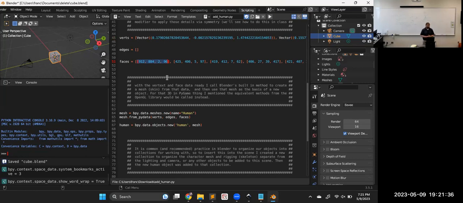Vertex number 912 connects to 884, 2, and 96. And we make the edges that would connect those and then fill that in with the face. So that's how that information is stored. And if anybody's in game development and needs to actually program it at times, which you will for realism and things,